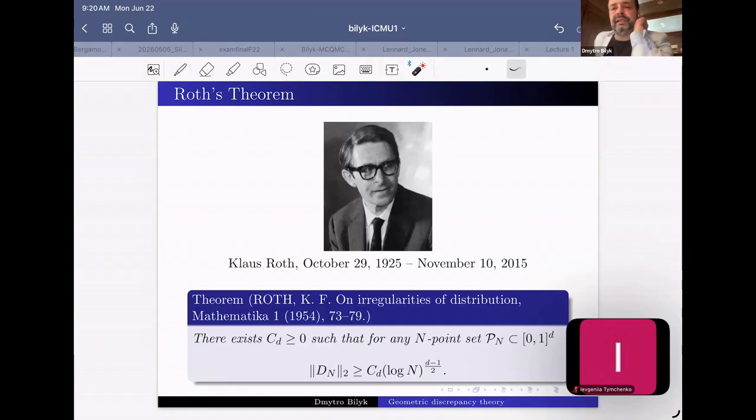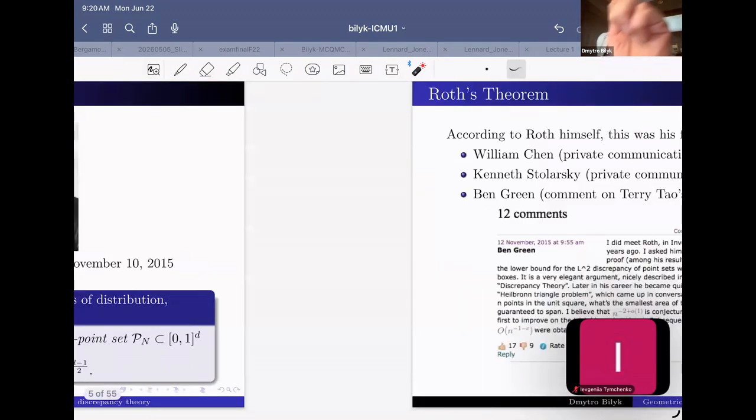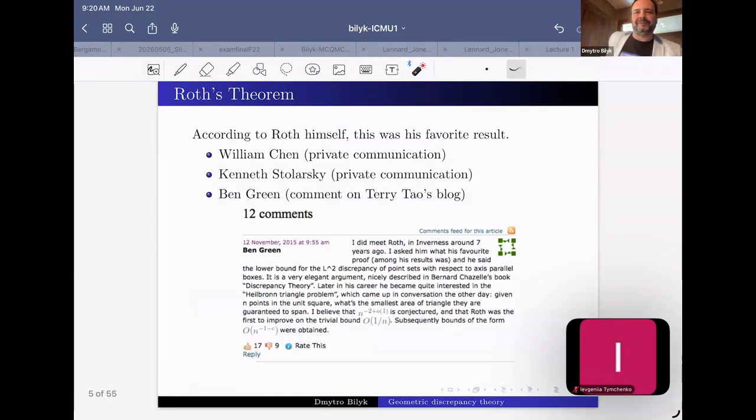Klaus Roth was a very famous mathematician. He got a Fields Medal in 1958, if I'm not mistaken. He got it for very different work. He got it for his work in Diophantine approximation, but according to his own words, this was his favorite result. I know it independently from William Chen and Kenneth Stolarsky. Actually, on Wednesday, Stolarsky's name will come up. And also, there is a written confirmation